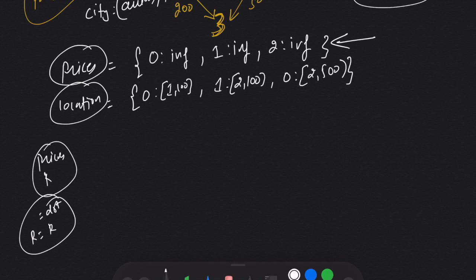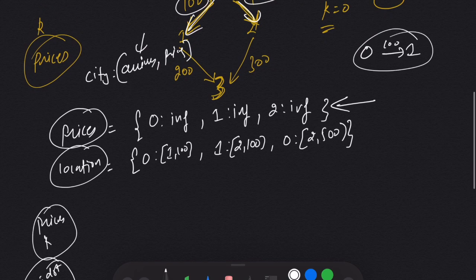If the price I already have to reach that destination in my prices dictionary is greater than the value I have right now, I will update my price in the prices dictionary. And at the end, I will return the price for my destination. And if I am unable to find the price for my destination, or in the end the price is equal to infinity, I will simply return -1.